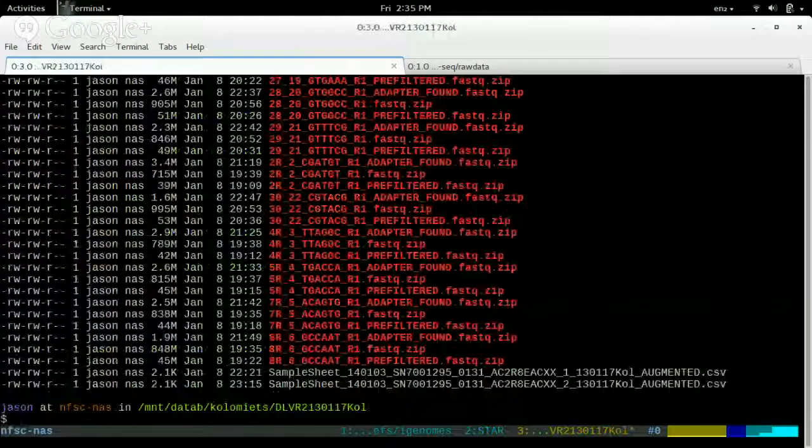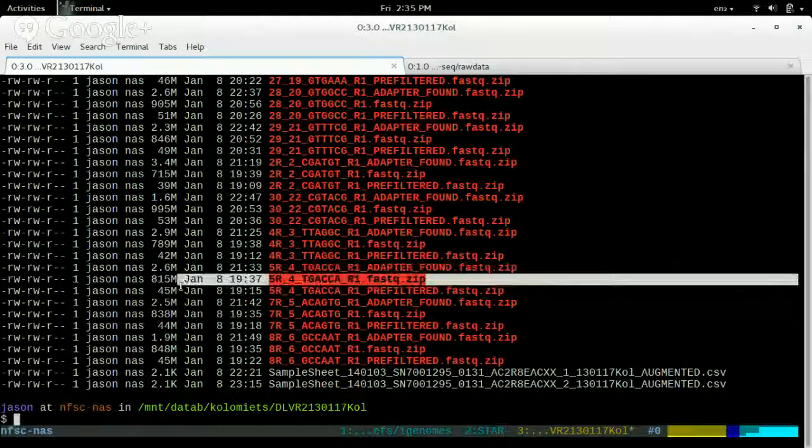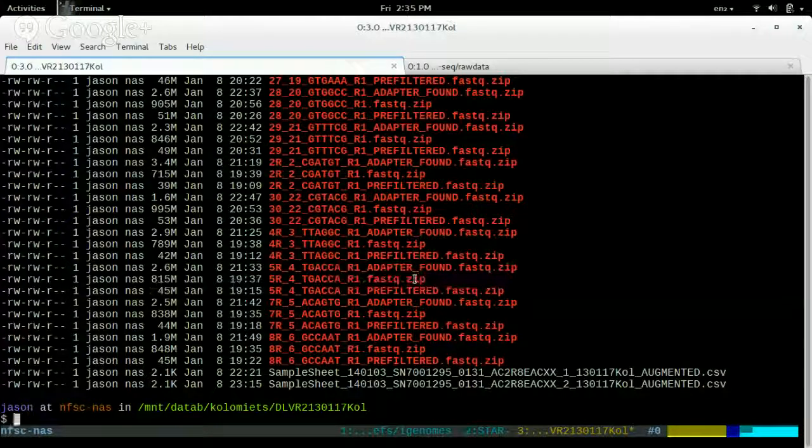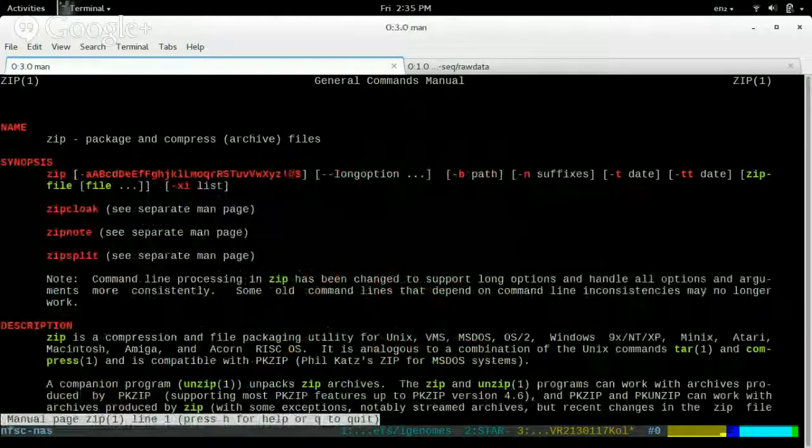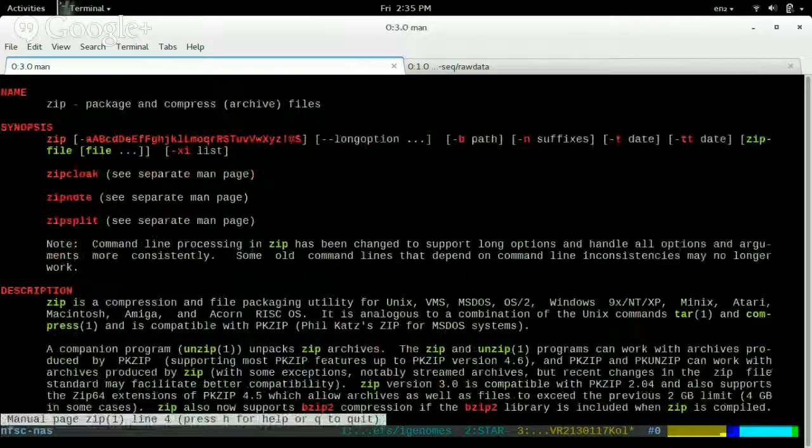Okay, it's still sorting. And then I believe, let's see, I'm trying to think. Yeah, so these here are zipped rather than gzipped, which zipping is not as common in the Linux world as gzip and BZ2 are the 2 most common ones. But you can still just work with zips. It's a slightly different format, and so if you just go to the man page of zip and then read this,